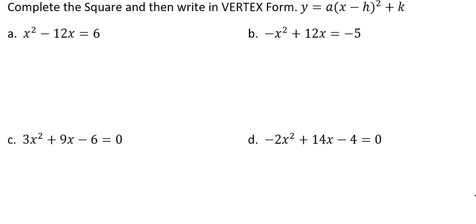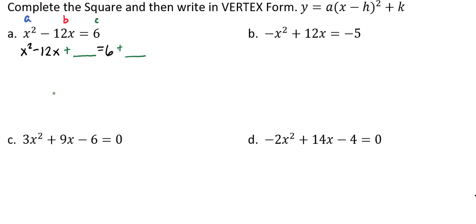So in letter A, we have x squared minus 12x equals 6. So our c value is already away from our a and our b, which is perfect. So we're set up and pretty much ready to go. Our a value is a 1, and so we don't need to worry about factoring anything out. So we're going to have x squared minus 12x plus leave a space equals 6 plus leave a space, because whatever you do to the left side of the equation, you have to do to the right side as well